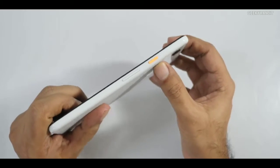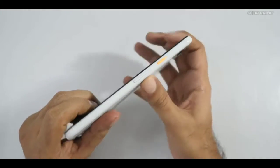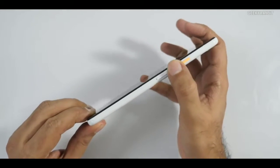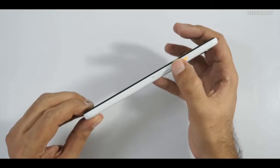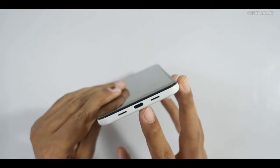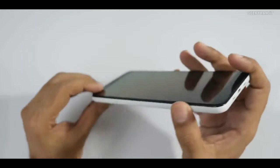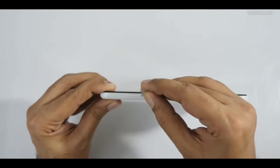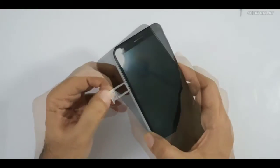We have this in the white one, this is an orange color. It might be different than for others, and this area is plastic. The volume rocker is also plastic, guys, the button, but gives a good tactile feel. And on the bottom we have the USB Type-C port, and this will be the speakers, and we have the SIM tray. Let's look at the configuration of the SIM tray. Again, it's dual SIM, but second